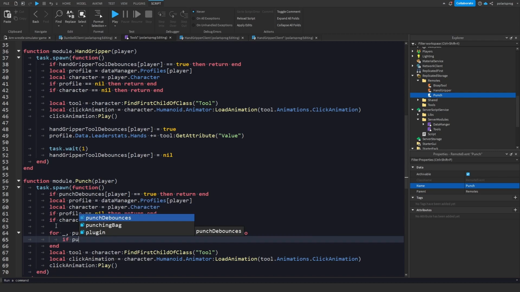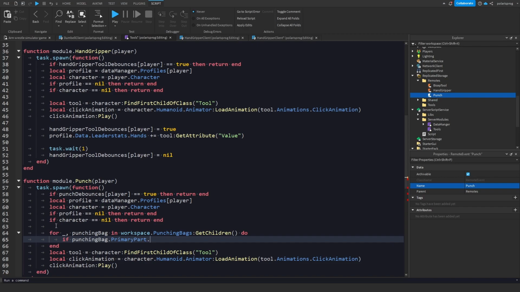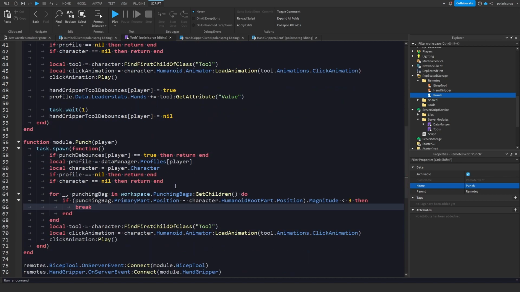And what we're gonna do is just if punchingBag.PrimaryPart.Position minus, I forgot to add a parenthesis right here and the parenthesis right here, minus character.HumanoidRootPart.Position.Magnitude is less than, let's just change this to like, I don't know, something like 3 or 2, then break, and we're just going to have a variable